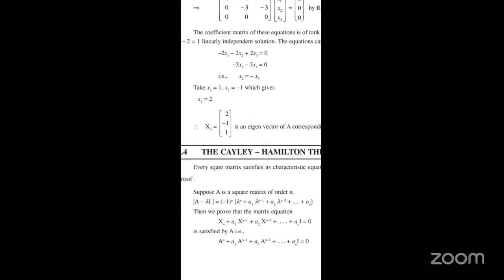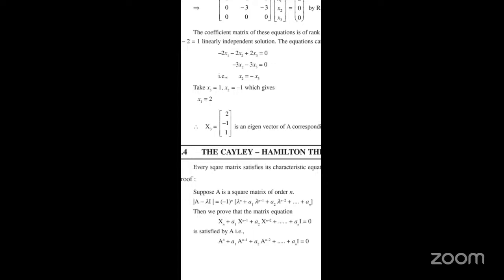Next one. First of all, see the Cayley-Hamilton theorem. What is the statement of the Cayley-Hamilton theorem? Every square matrix satisfies its own characteristic equation. That is the statement of the Cayley-Hamilton theorem. Every square matrix, because A being a square matrix, must satisfy the characteristic equation, which means that determinant of A